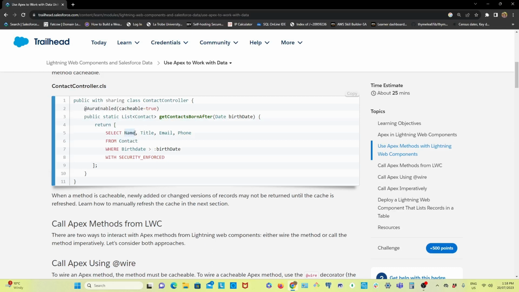So if you are not sure about this, you can go to your org, open the contact object in object manager, and then fields and relationships. There you can see all the API names. When we do programming, we will always use the API name of all the fields. So select whatever you want to select. If you want to select some other field, you can mention it here. So here they are retrieving name, title, email, phone from the contact,